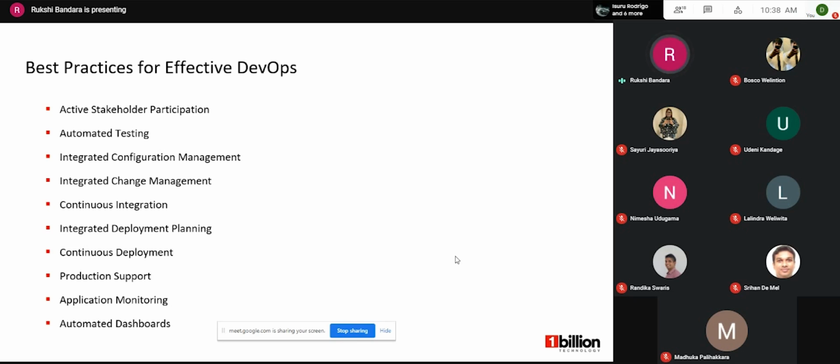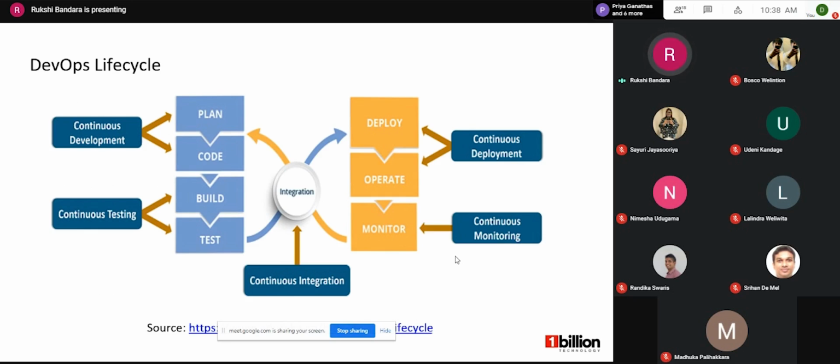So now let's see the DevOps lifecycle. So when we draw our attention to the DevOps lifecycle, it's a continuous process aiming for excellence. So from development to deployment, a software application gets tested and perfected. So in this DevOps lifecycle, there are various phases, as you can see, like continuous development, continuous testing, continuous integration, continuous deployment, and continuous monitoring. So the main focus for today's session is continuous testing.